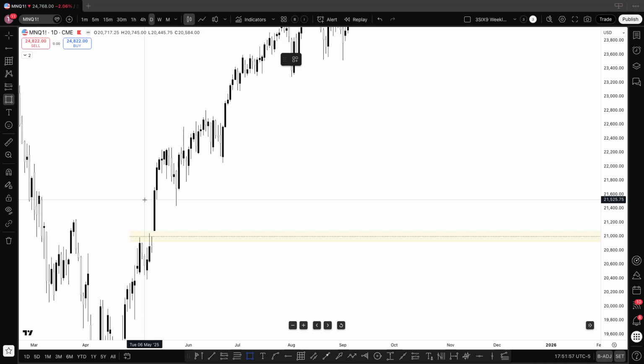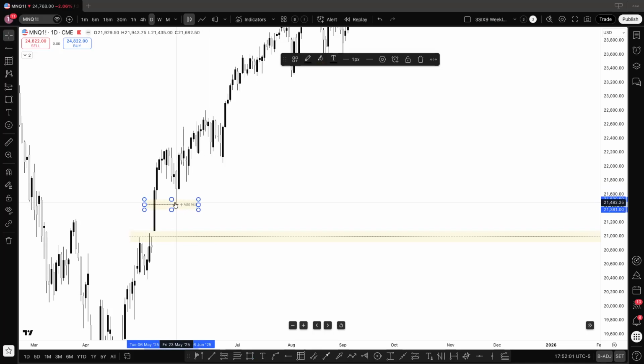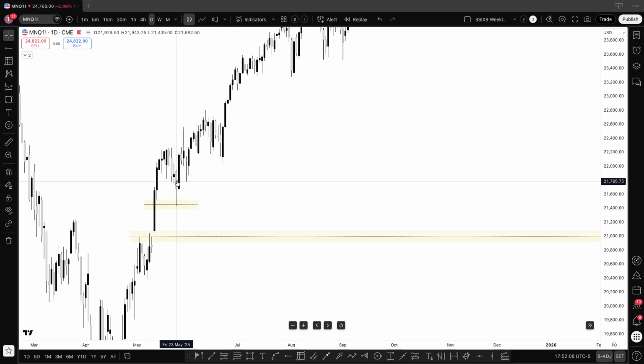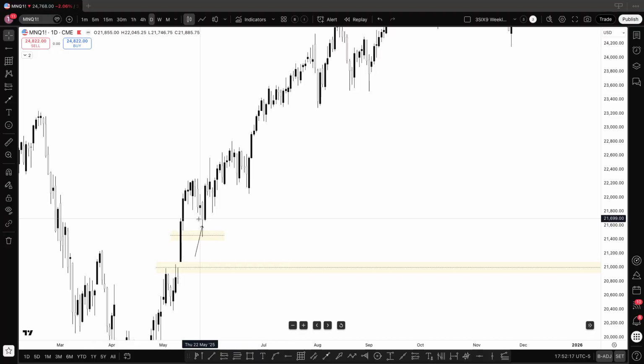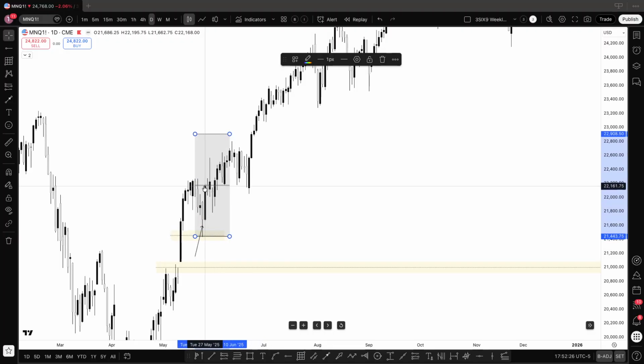If there was an FVG down here, the price has dug into this FVG and started to reject up here, right? Now, as we're seeing that, I'm going to wait for this candle. This candle right here, to me, is an inside candle, or the liquidity sweep candle. But this is not the candle that I'm going to enter on. I want to enter on the next candle that follows this breakout candle. I'm going to wait for the next day and enter at the top right here. This is my entry point, that's my exit point,